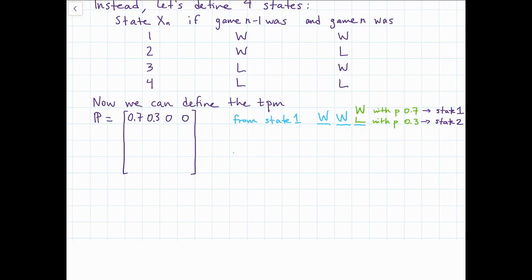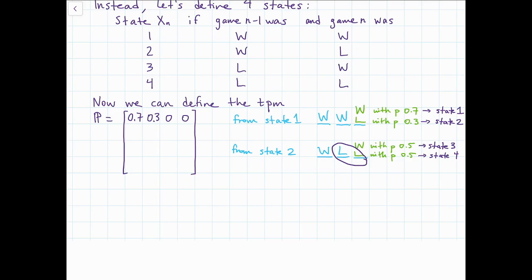Let's try another row. Imagine we're starting from state 2, which means we won 2 games ago and we lost the most recent game. Now we're thinking about what happens next. Similarly, we could win or lose. In this case, the probability is 0.5 for both of those cases, because we're not on a winning streak and we're not on a losing streak. We're just sort of normal. So what state are we in if we win? Loss-win corresponds to state 3. And if we lose, we're now on a 2-game losing streak, so we're in state 4.